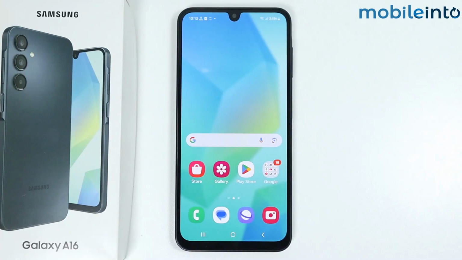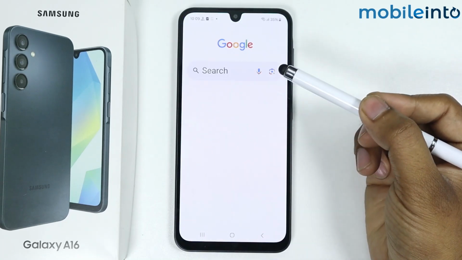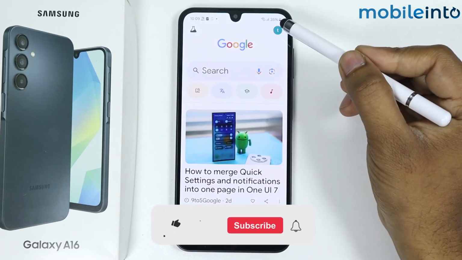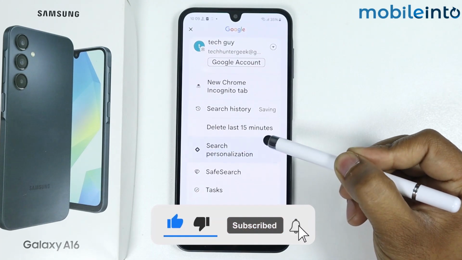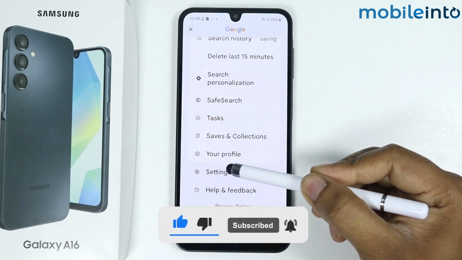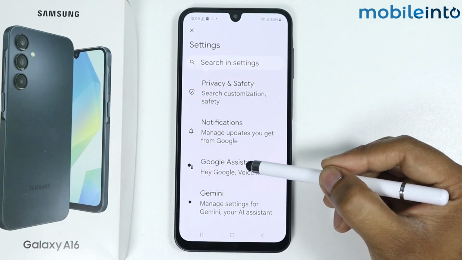In this video, I'm going to show you how to turn on Google Assistant Hey Google on Samsung Galaxy A16. Go in Google, tap on your Google profile, scroll down, go in Settings, tap on Google Assistant,